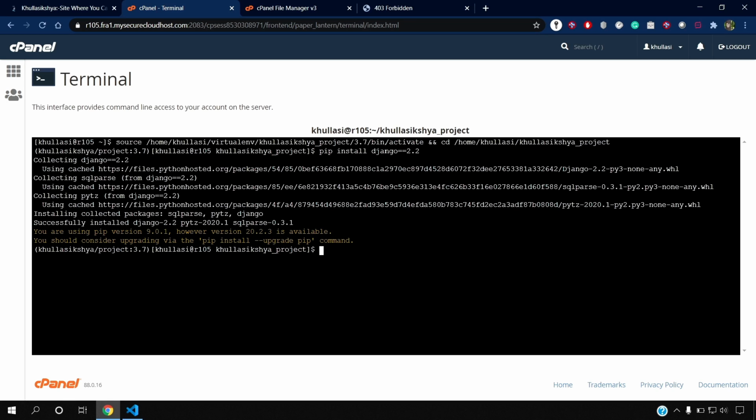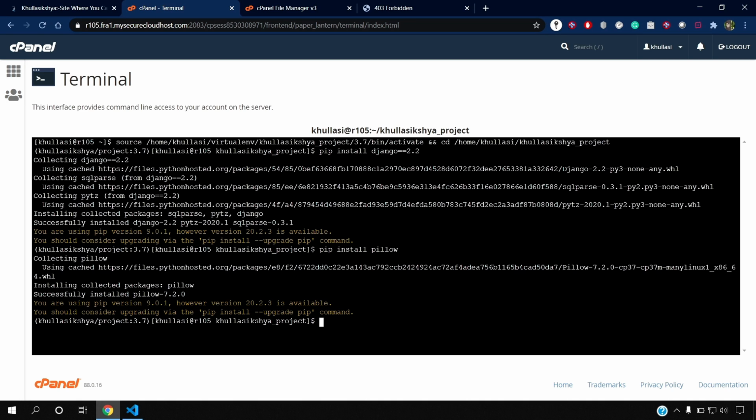By doing this, we have successfully installed Django, but we still haven't installed all the requirements that we need in our project. I have to install some libraries, like pip install Pillow, and another is Django Crispy Forms.